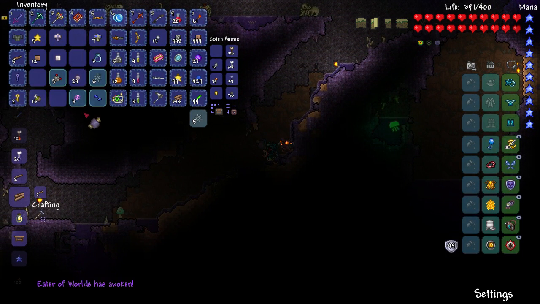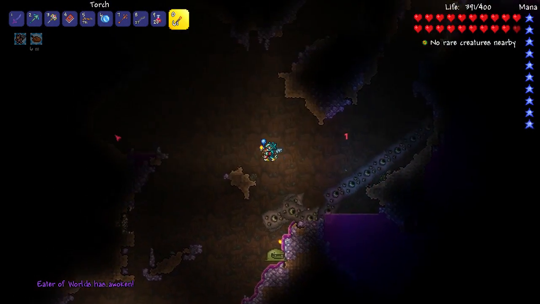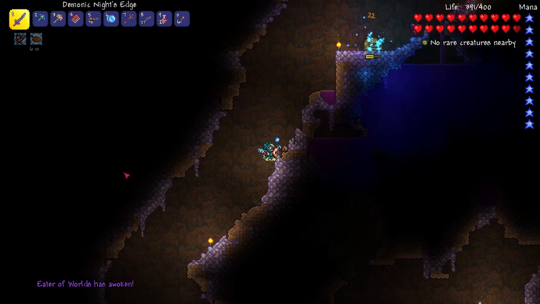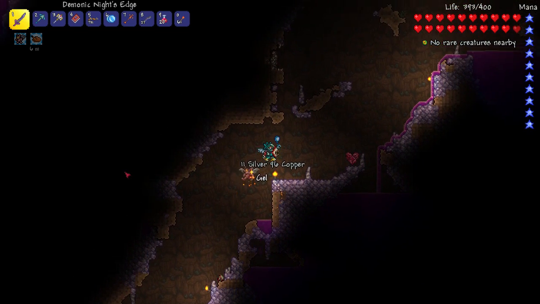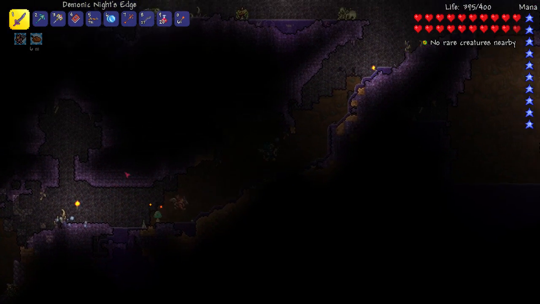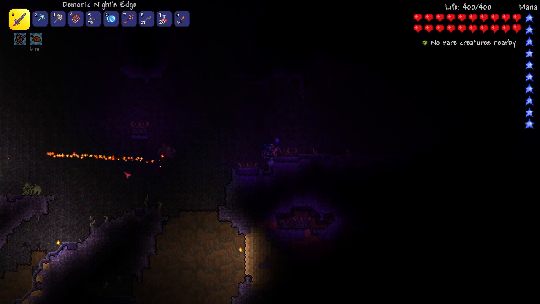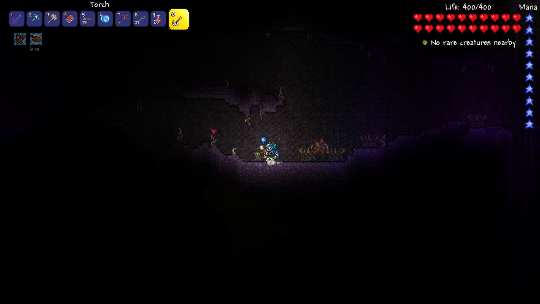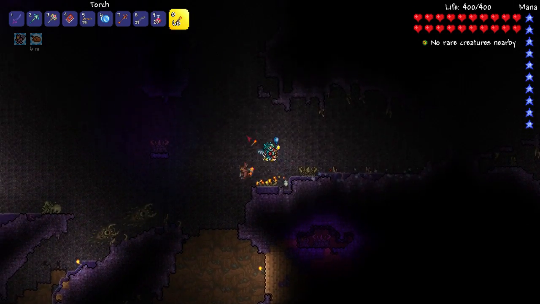So let's try it. So here he comes. He should follow us into this biome, right? Or not. Did they fix that? I don't think they fixed that. I don't think it was ever intended to be like a bug or something. That might be an older version, so